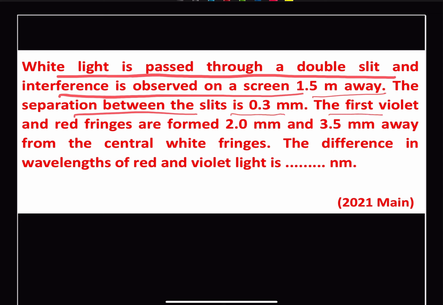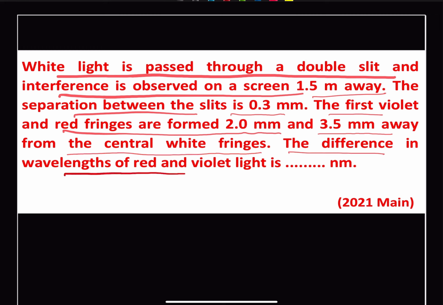The first violet and red fringes are formed 2 millimeter and 3 millimeter away from the central white fringe. The difference in the wavelength of red and violet light is, so here we are given that we have two,